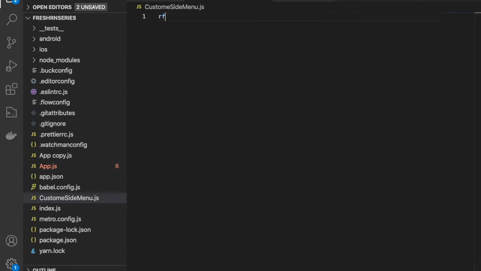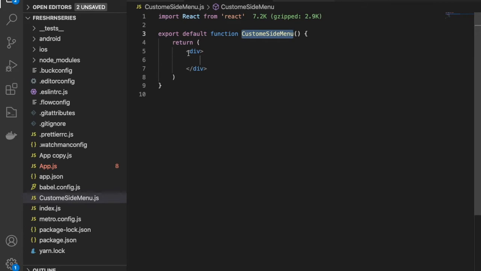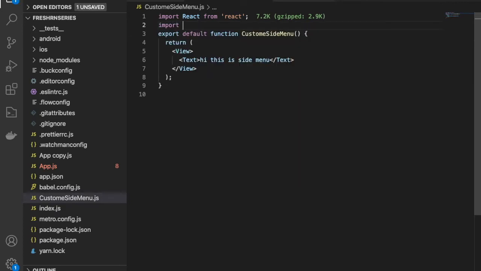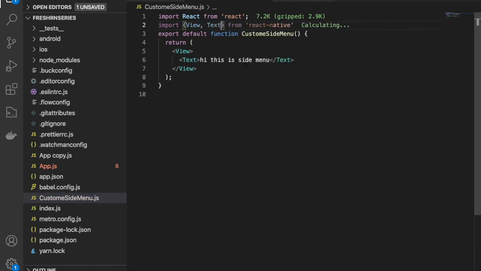Here is my React function component, here I will use view and view. I want to use text over here. Hey, this is side menu. Cool. Let me import from React Native. So I want to use view and text for now.